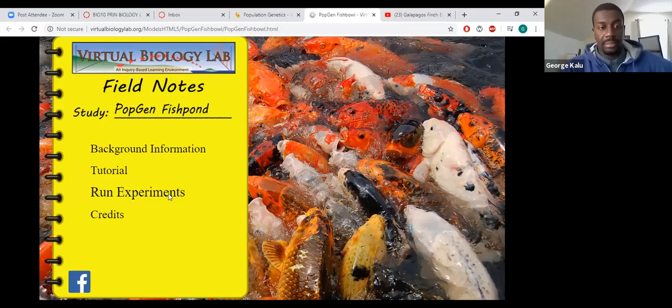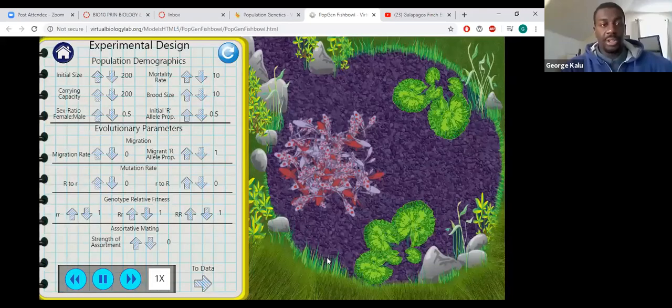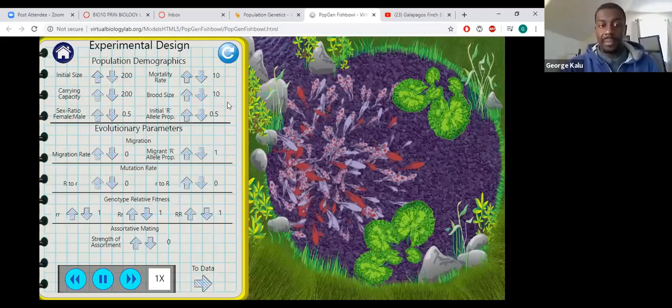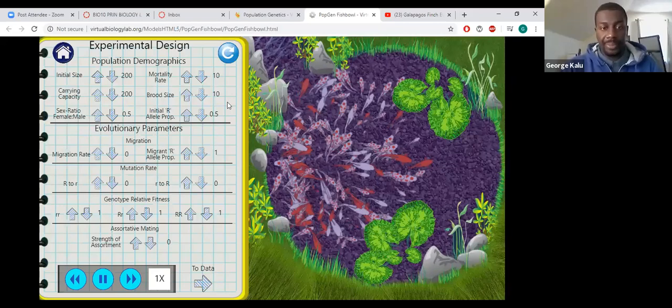Any second now. Okay. And then it'll show up with our fish population. Okay. So what you're going to do first is alter your initial size and the population demographics here based off of the instructions that are inside the lab assignment. Okay. So if we go back to the lab assignment here, it'll tell you exactly